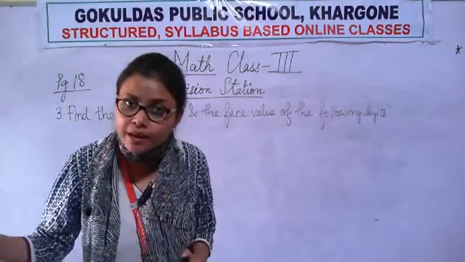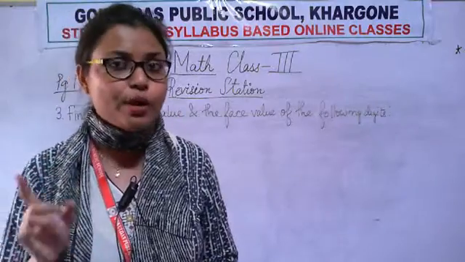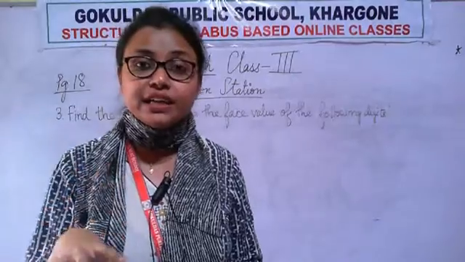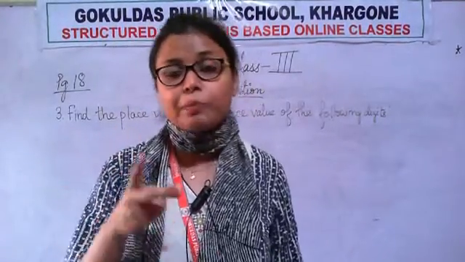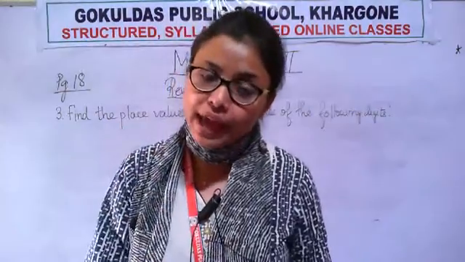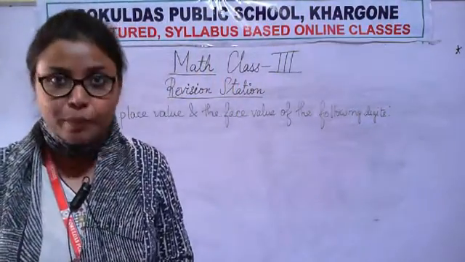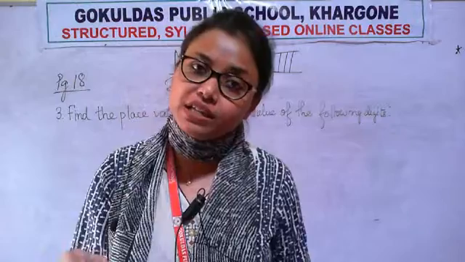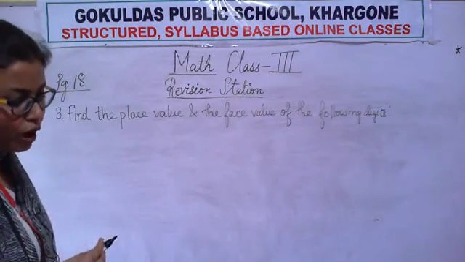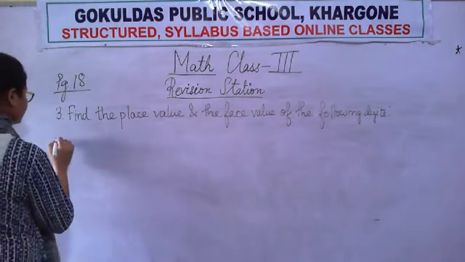जो number है वही number हम लिखेंगे. That is the face value. And what is place value? Place value is where the number is sitting. Number कहाँ बैठ रहे? आप second bench में बैठते हो तो आपका place value क्या है? Second. Okay. If you are sitting in the 7th bench, so what is your place value? Your place value is 7th number bench. 7th. Okay. We will solve. You all know. Still I am saying it.